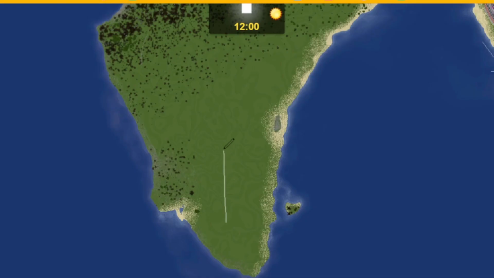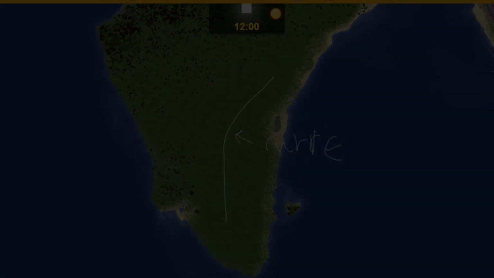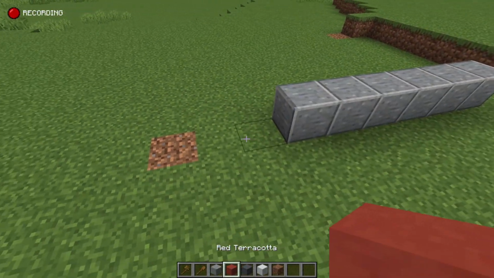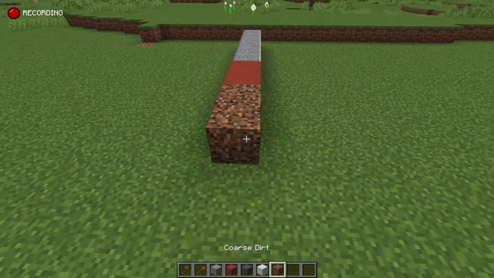Now for the tutorial. Start with planning where you want the road to go so you have a rough idea of how to bend it. This doesn't need to be a detailed plan, you can just make a quick plan in Paint for example. Then you want to make a road layout by doing a cross section of the road like I'm doing here.